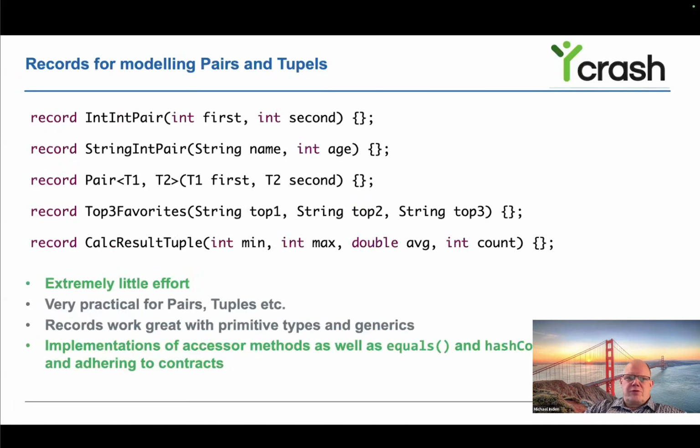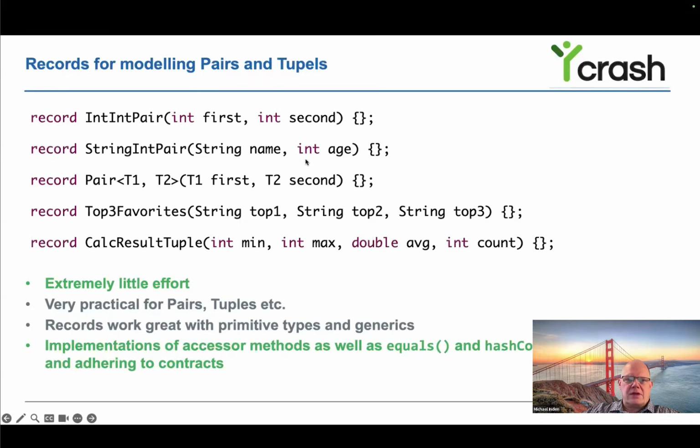And if you need something more to get convinced that records are really cool, imagine that you have to write something like a pair, and everyone wrote their own pair in the past. So it's really not that easy. And if you want to do this with generics, it can be annoying. And if you want to use it with even primitive values, it's nearly impossible. So now you just write your int pair using primitive types, or the string int pair using this combination or